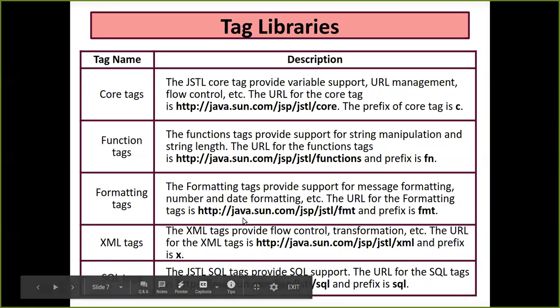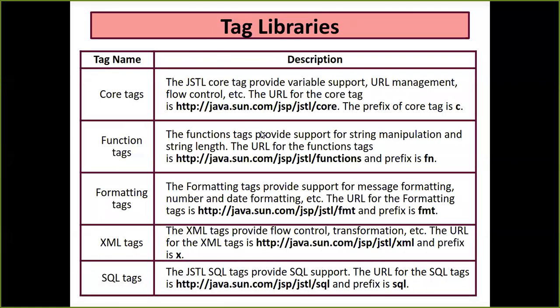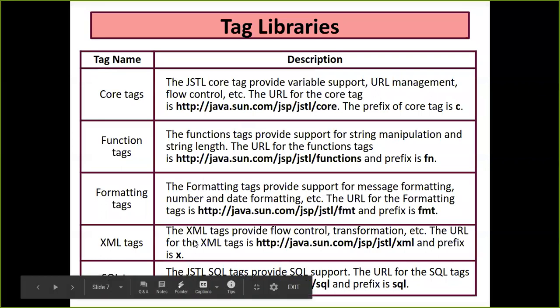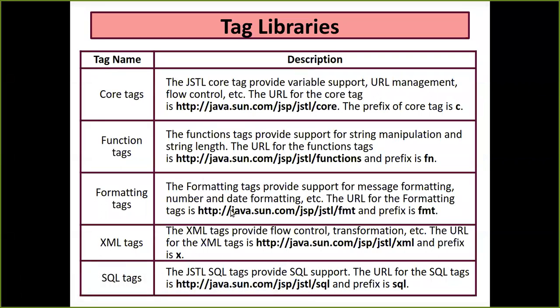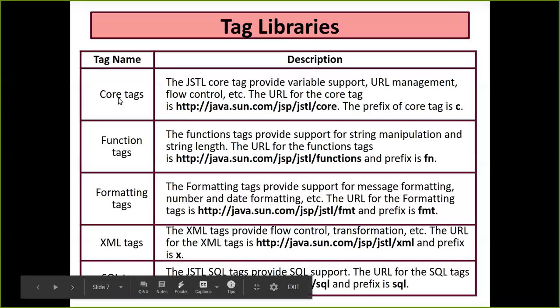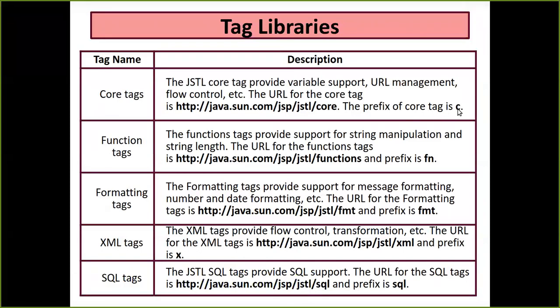This is the first mandatory thing which you are going to use whenever you use the tag libraries. The second thing that is very important when you talk about tag libraries is that you make use of a prefix. Where we are going to use the prefix, I will let you know. But you have to understand that there are prefixes available for the tag libraries. For the core tag, we have a prefix called c. You cannot change this prefix. This is a defined one. So just use this URL and the prefix is c.